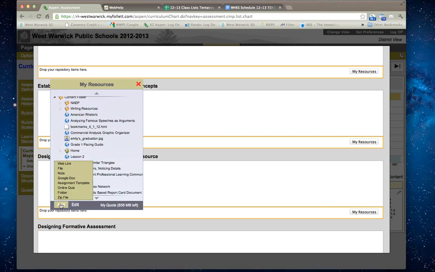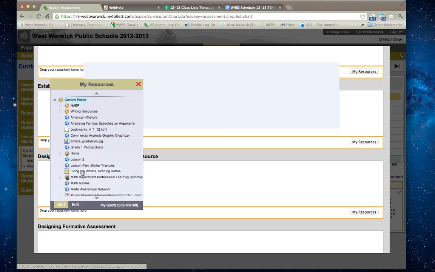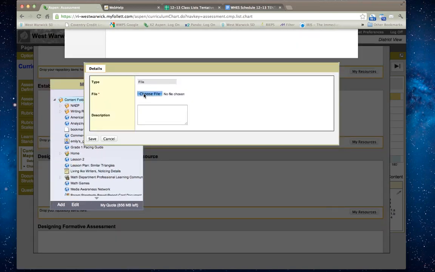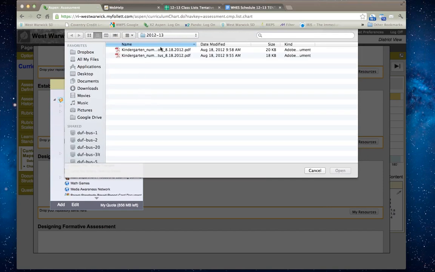I can also go in and add any resource that I want to. So if there was a Google Doc that I wanted to add, I can add a web link, I can add a file, I can add whatever I choose to for this assignment. So I could go in and add a file, go into choose a file,